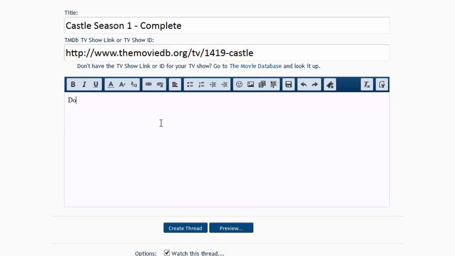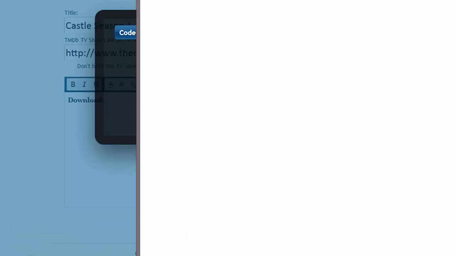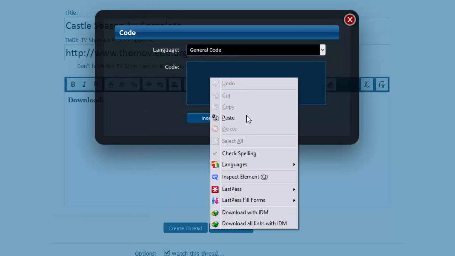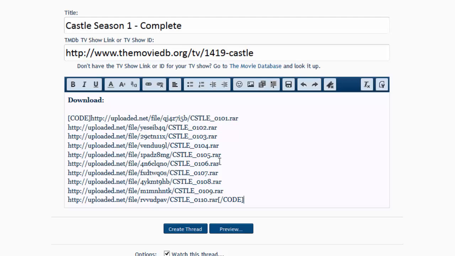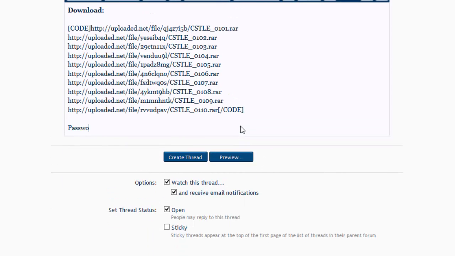Alright, so now download, and I'm going to format that in bold. I'm going to do code tags, and I'm going to grab my links that I've got right here, and paste them in, insert, password, bold that,